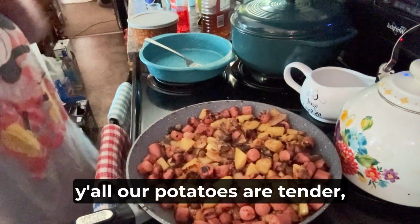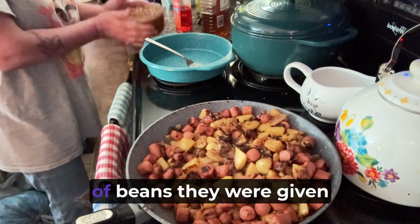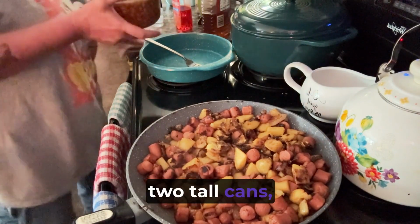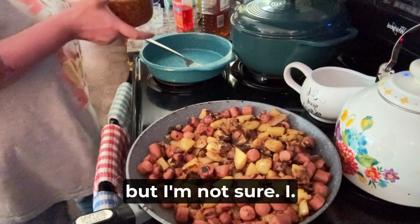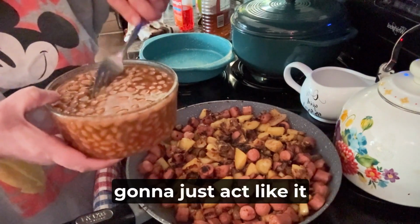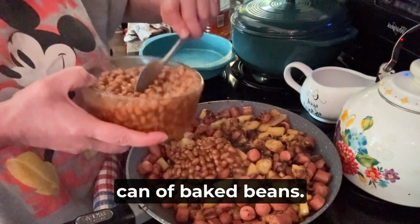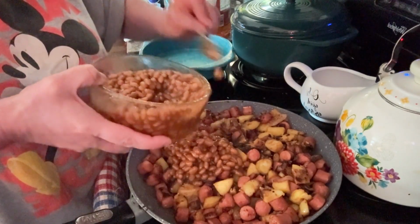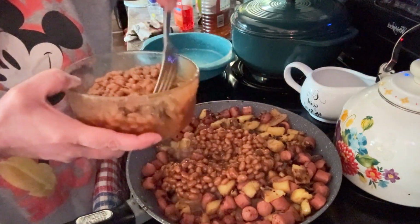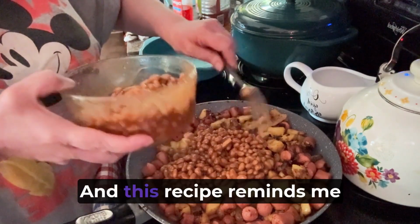Alright, y'all, our potatoes are tender, so now it's time to add the beans. I can't remember how many cans of beans they were given in a month's supply. I want to say it was 2 tall cans, but I'm not sure. So what we're going to do is just act like it was a can, okay? So we're going to add a can of baked beans. And this recipe reminds me